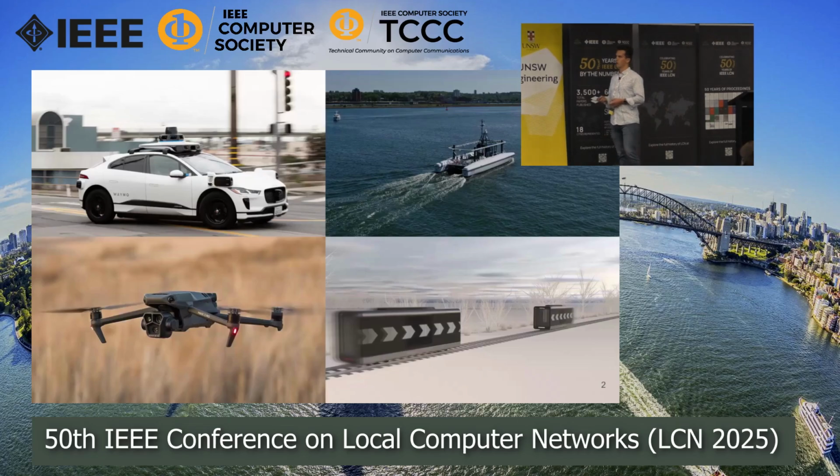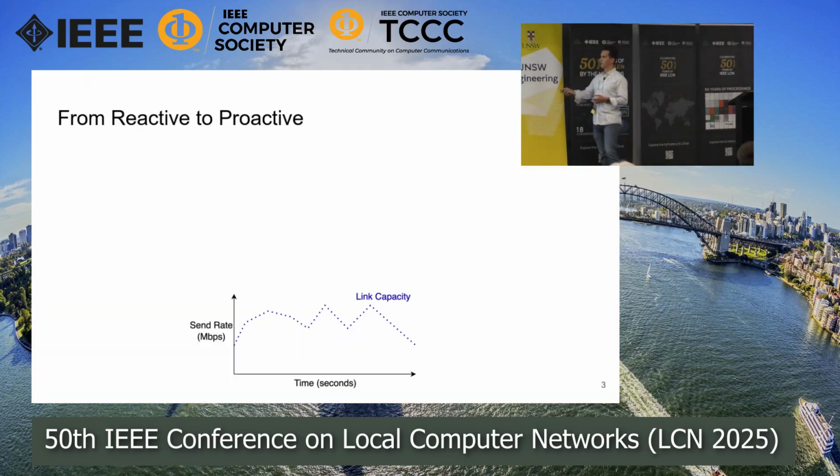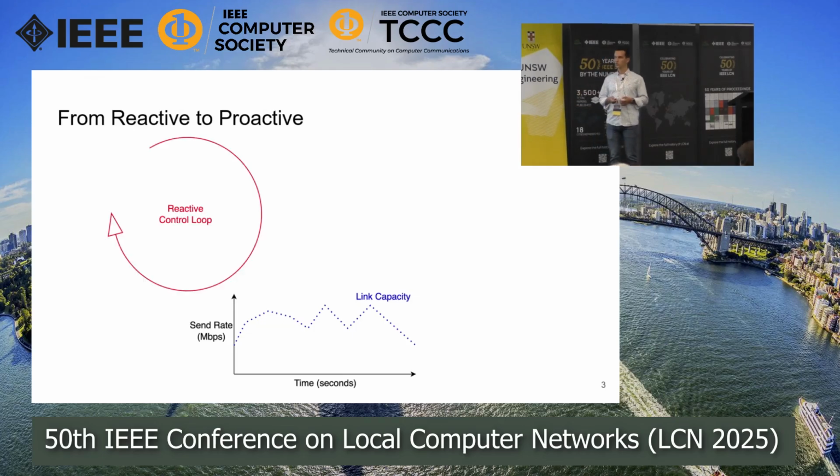And of course, in the big picture, when we look at the network, there would be maybe 2 different ways of looking at these parts. And we will start building this plot on the bottom over time. But let's start with the reactive approach. In the reactive approach, in the reactive control loop, for example, we start by sending some data, and at some point we start sensing what's going on in the network.